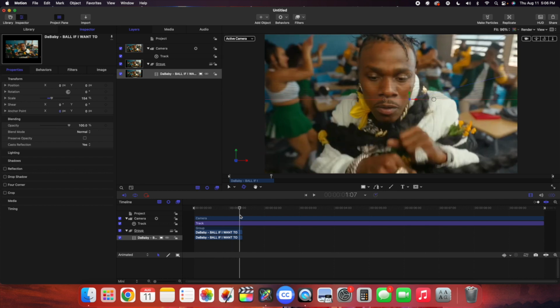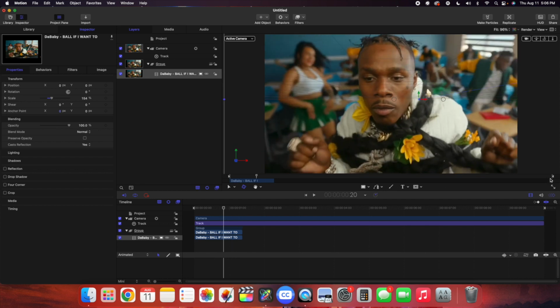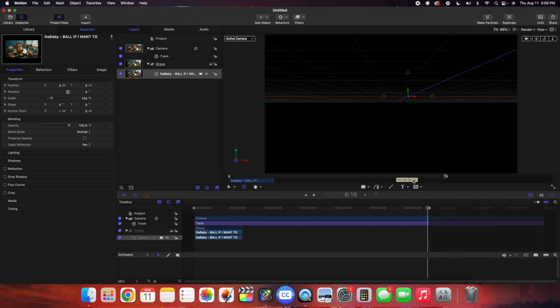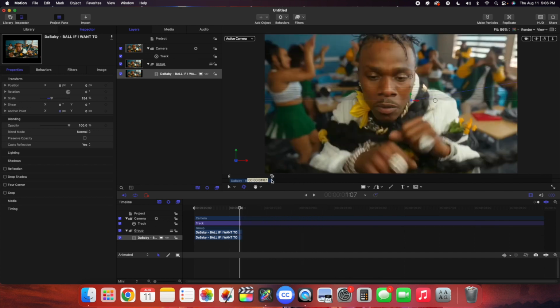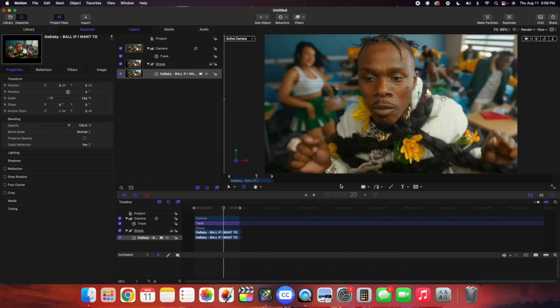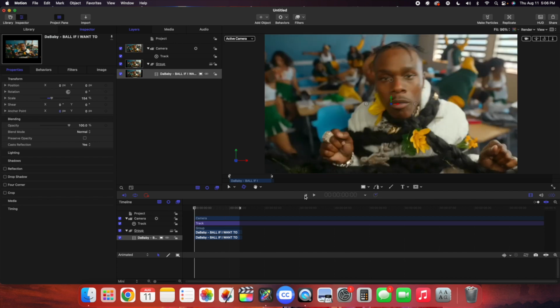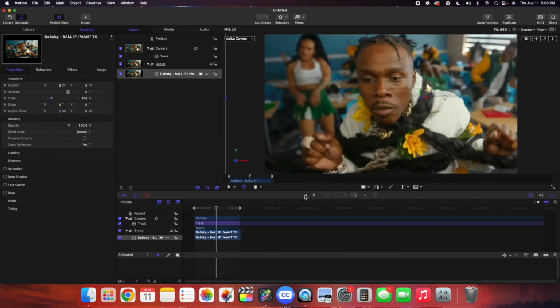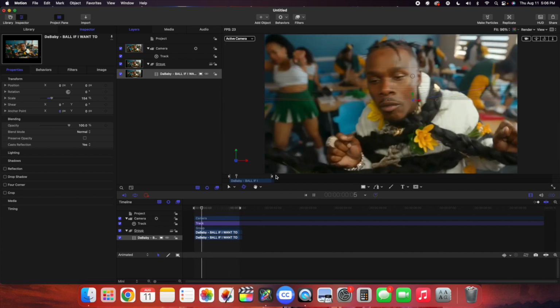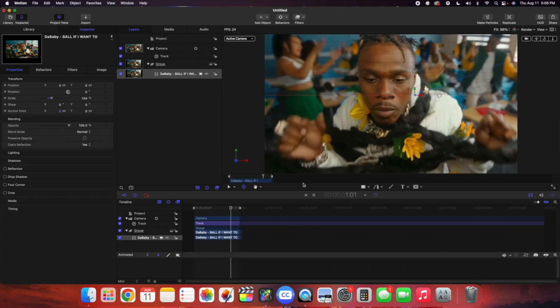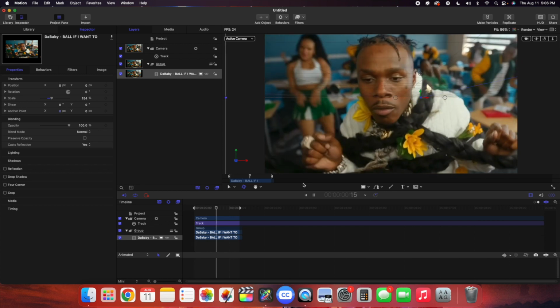Now we only want to export this section of the clip, so you can head over to this little icon, and scrub it over and make sure it's only covering the part of the clip that we want to export. Now you can go back and play and make sure it's playing that section. So you can see, there we go. We just use that little trim tool, whatever you call it, and we only want to export this section. As you can see, it's tracked